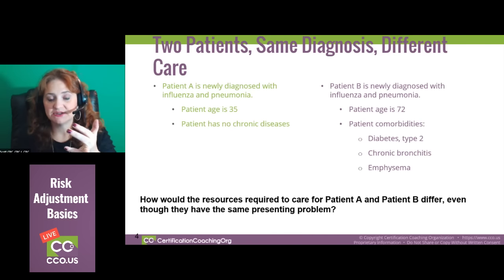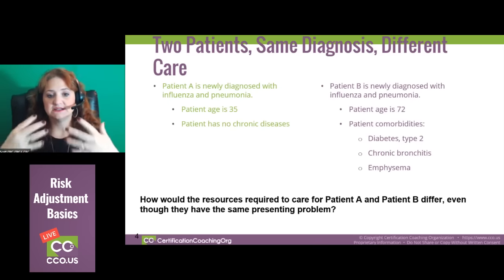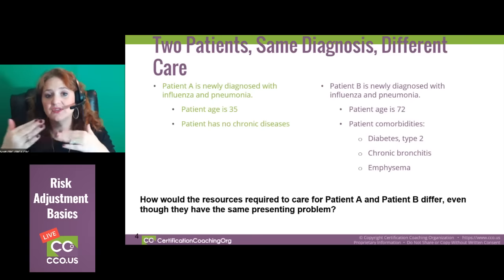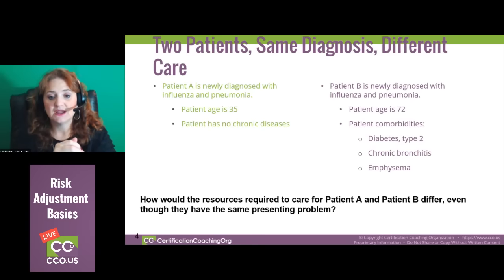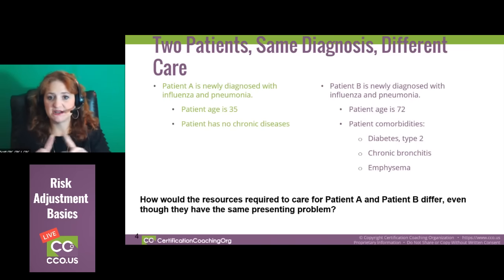Chronic bronchitis is a chronic obstructive condition; their bronchial passages stay chronically inflamed, and that makes them more susceptible to bacteria and viruses, because you can have viral and bacterial pneumonia. Emphysema is actually a change in the anatomy and the structure of the lungs, right? You don't get better from emphysema. And so again, two different patients, but they've got the same diagnosis, and their plan of care is going to